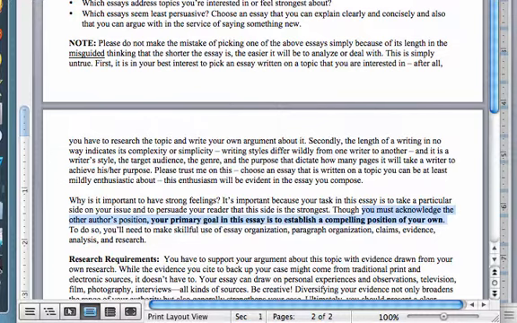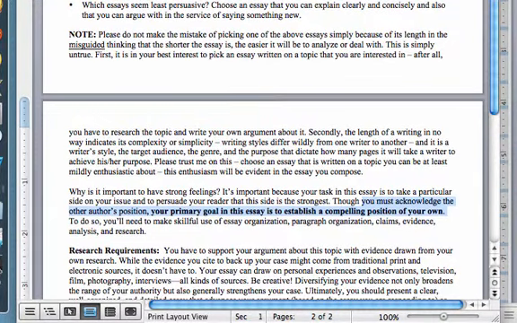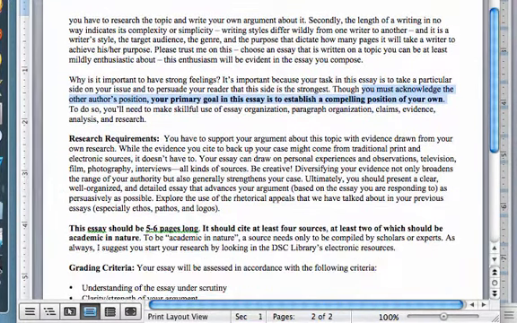Just like you would need to know in any rhetorical situation, in any essay that you encounter, you want to know what caused the person to write it. What was their purpose? And your purpose should be clear. So you're going to have to acknowledge the other author's position. That's understanding the other person's argument. But you are making a separate, compelling argument of your own. That is the primary goal. All right? This essay, let's see, the research requirements I've already said, that you have to have at least 4 sources.